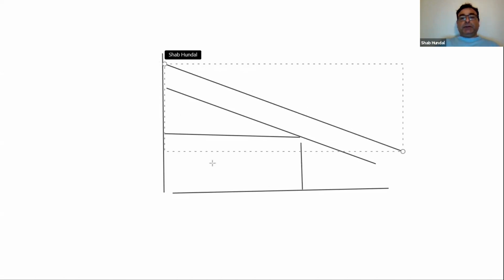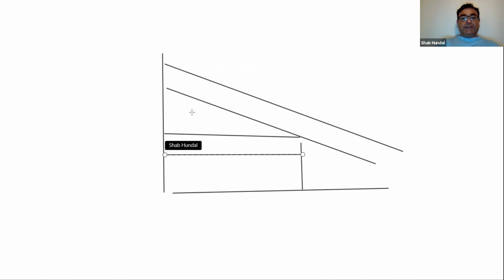And in the short period, even the inflation has gone down. So therefore, not this triangle is the consumer surplus, but this whole thingy is the consumer surplus. But this will not last long, because more wages that you're paying to your workers